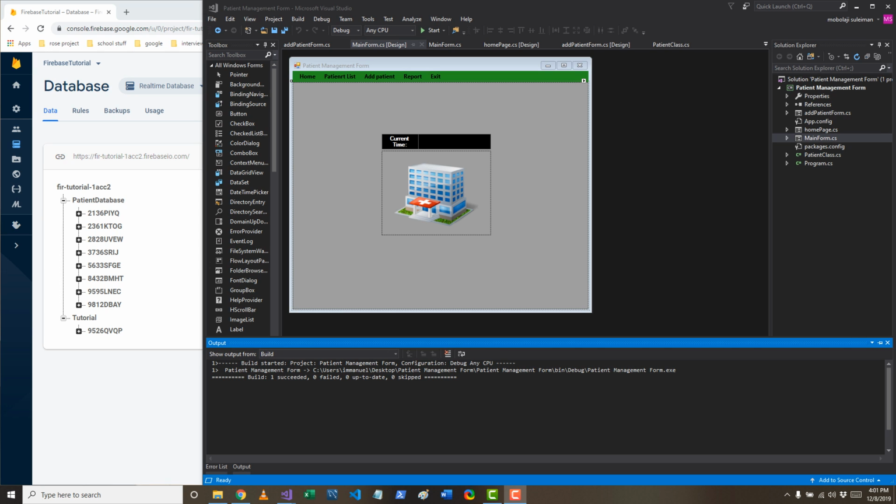Okay, welcome back. I've made a couple of changes to my application. I changed the current time label, made it just a bit bigger and bolder, and I changed the color. And as you can see here, I've added some patients to my patient database, but I've left the tutorial example